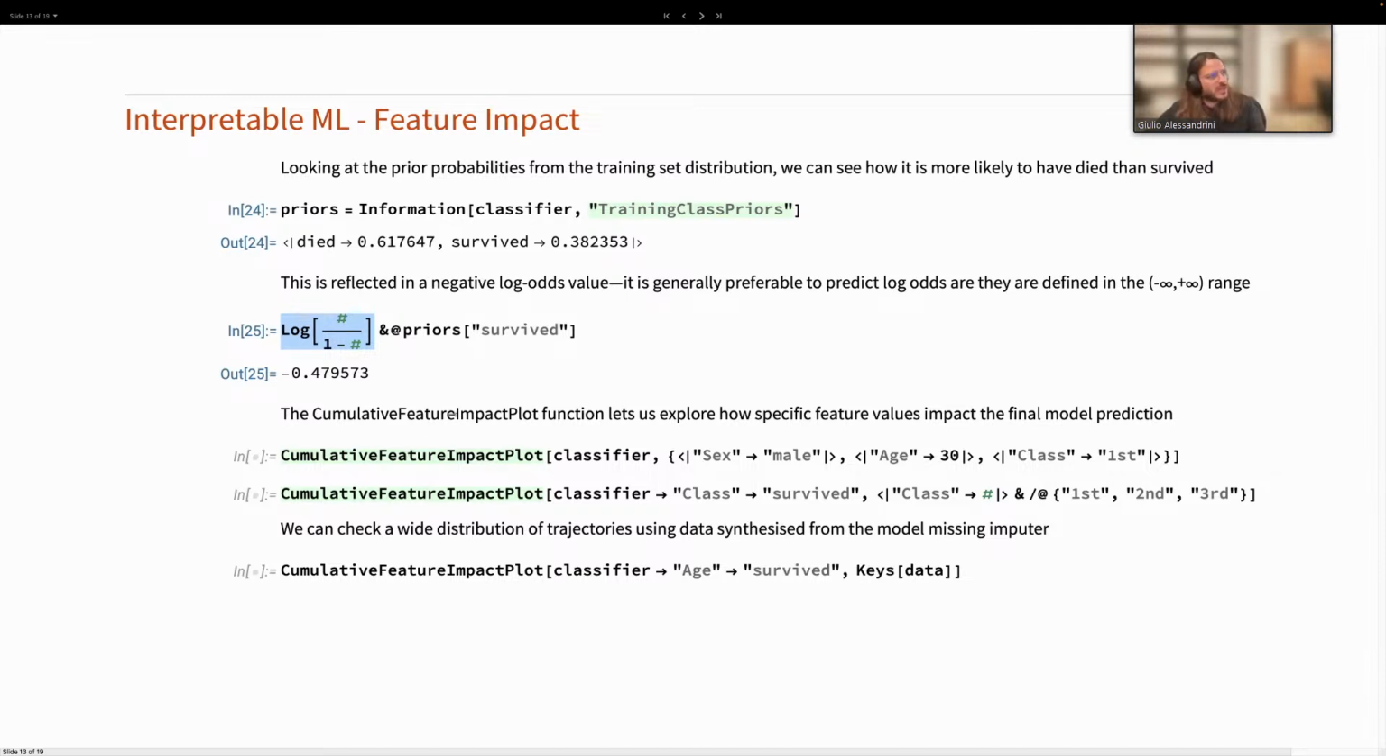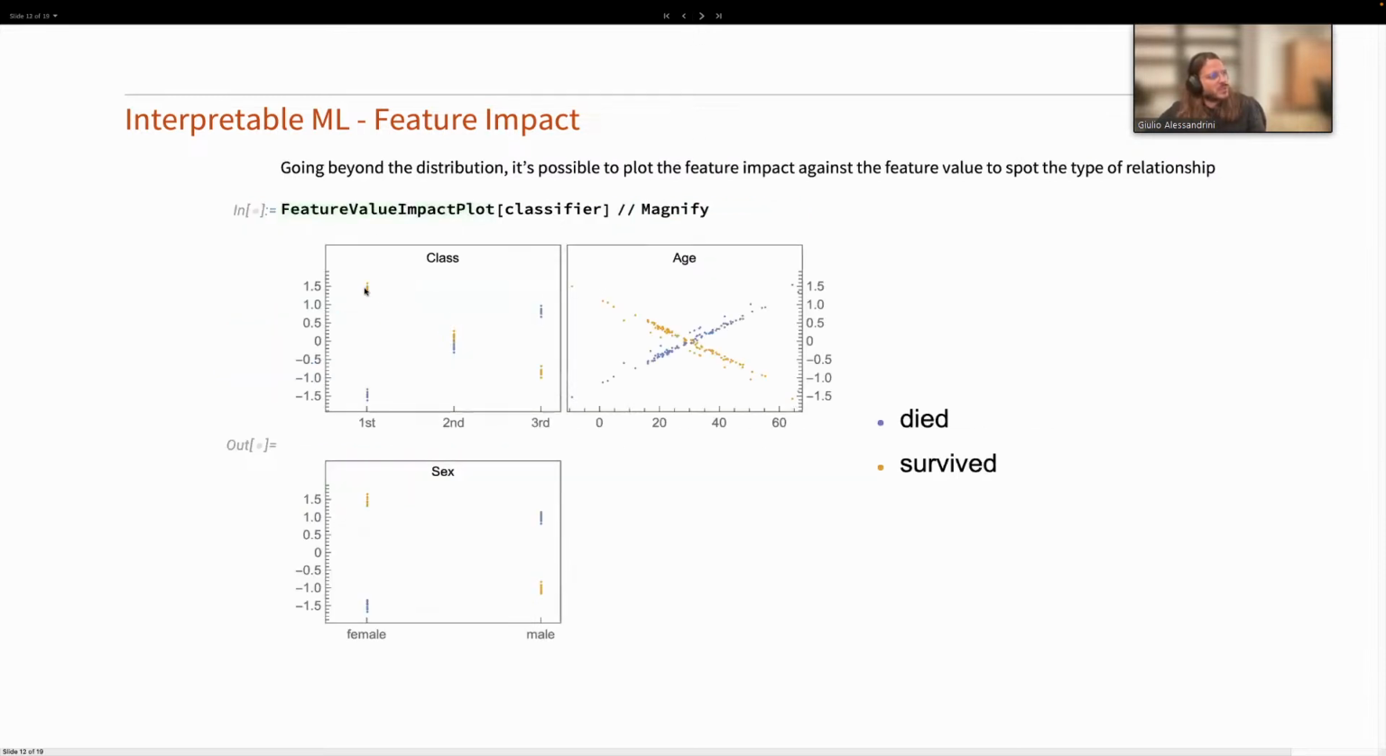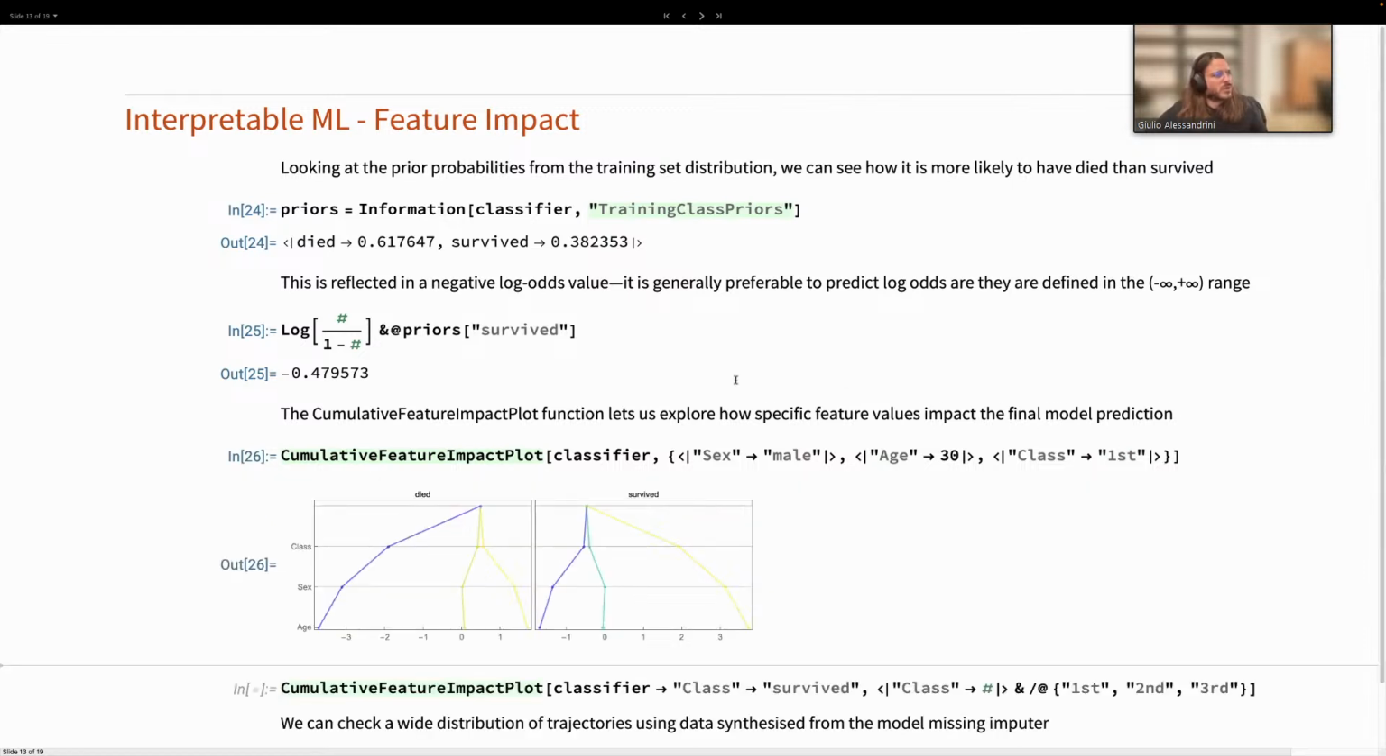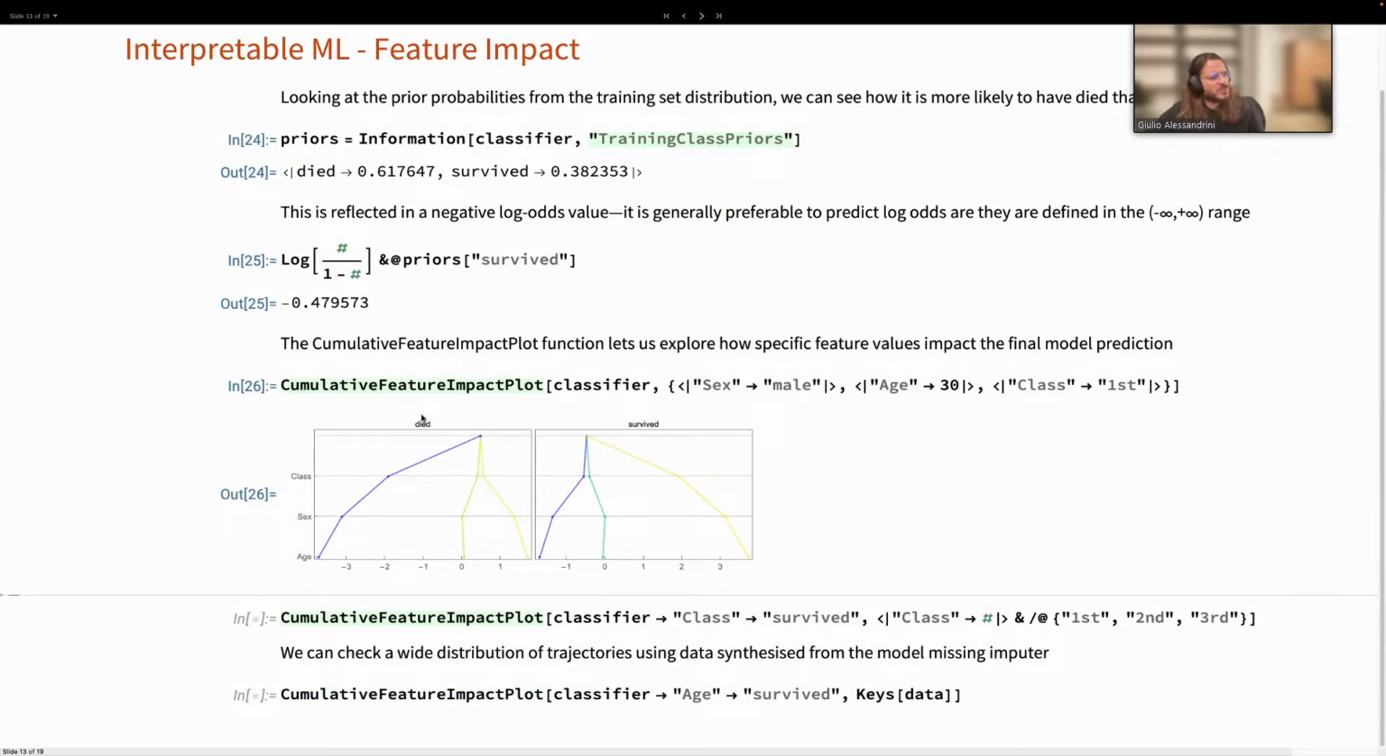Okay, so now let's check. If we take only one of these, for example this point, this is one specific set of class, age, and sex. Here I'm looking only at age, but I want to be able to track down what's going on. Here, for example, I created 3 examples: just sex male, where the rest is randomly imputed, just age 30, or just class first. And we can see here what's going on. Again, these two are symmetric, so I'm going to drop die from this point on. But you can see here that when I say